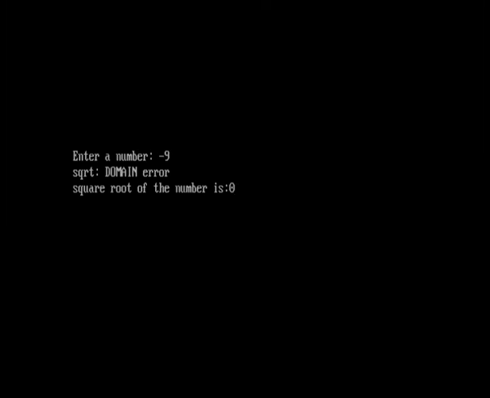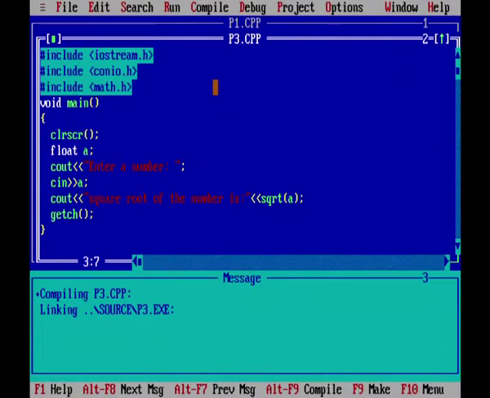So, that type of error which results in crashing of the program and program will not run further, such errors are called runtime errors. So, when there is runtime error, we should see where is the mistake. It is due to some calculation which cannot be performed. Here it is square root of a, computer cannot calculate square root of a negative number. So, before we do anything like this, we should exclude the exceptions. Now, the exception is that negative number square root cannot be calculated.